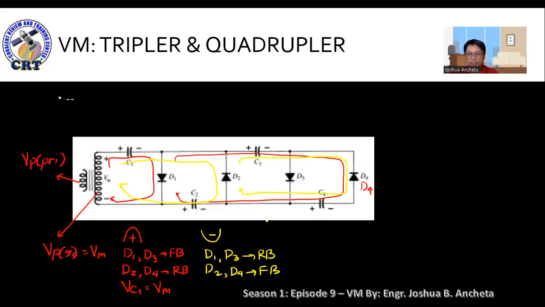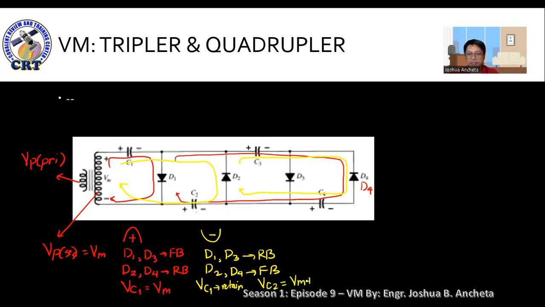But as you can see here, only capacitor 2 will charge with respect to the available voltages in that path. Because in this path involving C3 and C4, there is no charging voltage. So during this negative half cycle, VC1 retains its value, while VC2 will charge up to